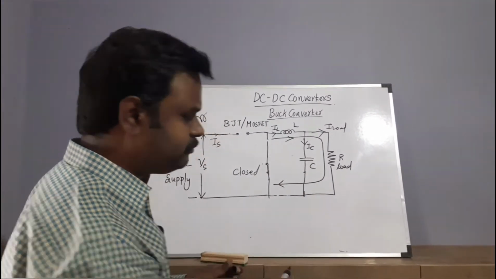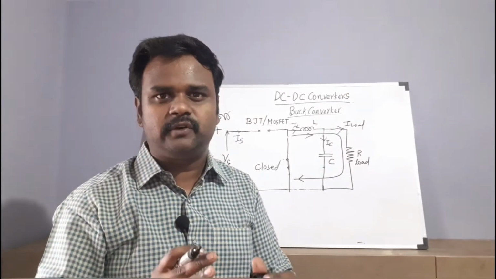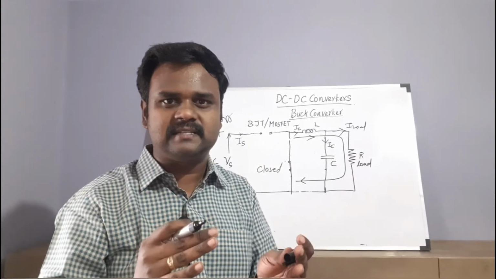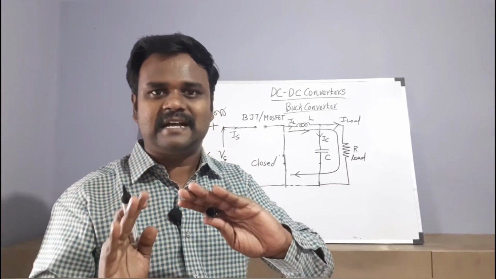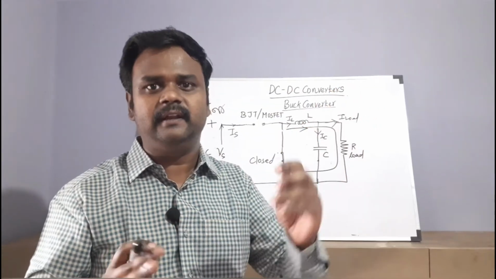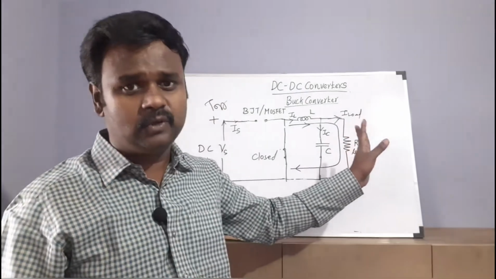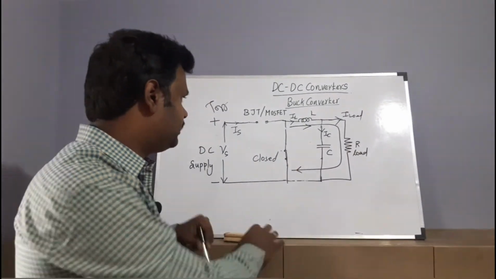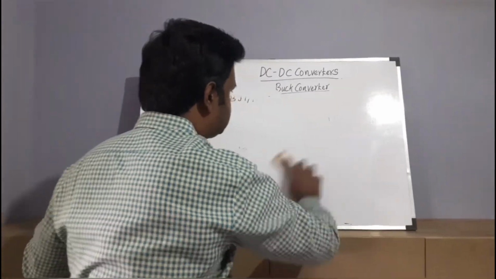During the turn on condition, your inductance will be charged. During the turn off condition, the stored charges in the inductor as well as the capacitor are released. The capacitor also stores charge during turn on, right? So in turn off, both the charges will be dissipated and will be flowing through the load, as you are seeing in the diagram. Next, let me draw the waveform of this so that it will be easy for you to understand.